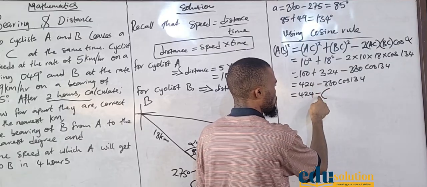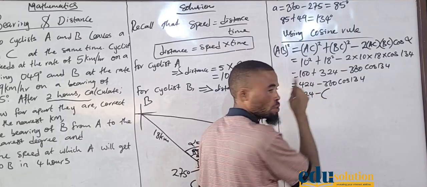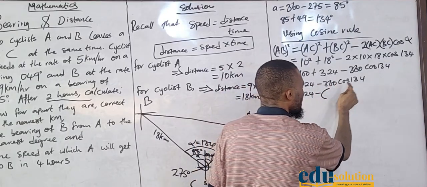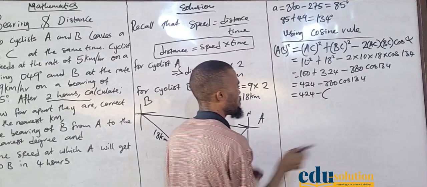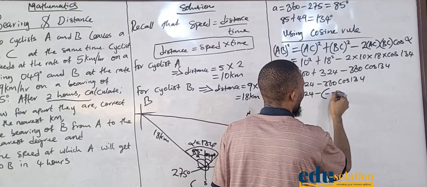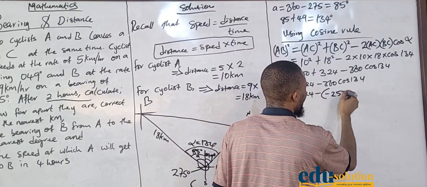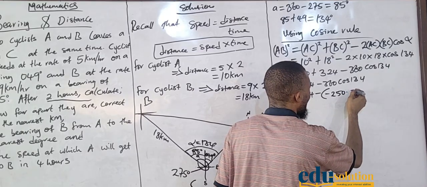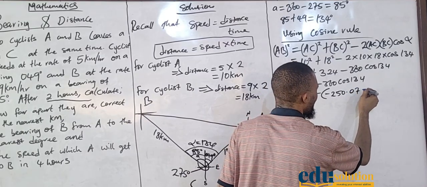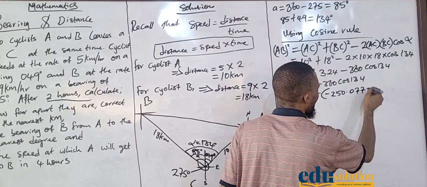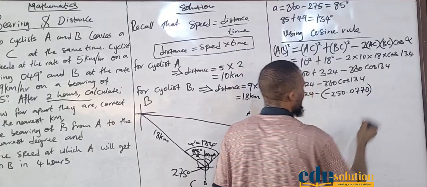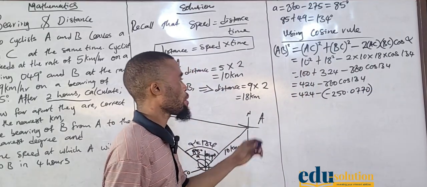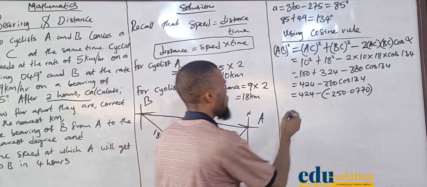This minus here is what we have here. So I open a bracket. I've already used the minus. I will just press 360 cos 134. What do we have? Minus 250.077. Okay, so I can add 0 here. I always tell students, always take it to 4 decimal places. So we are having now